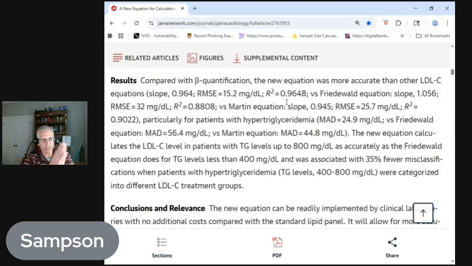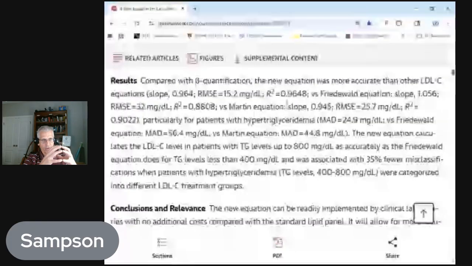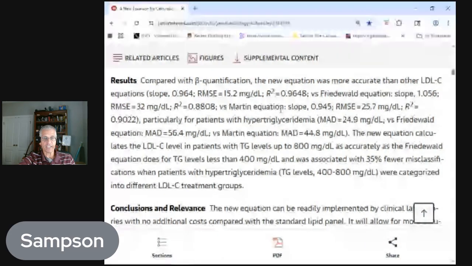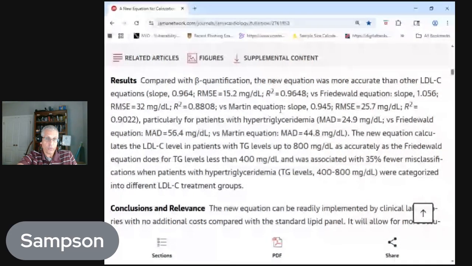There is a thing called spurious correlation, where two factors may have nothing to do with one another, but for whatever reason, the correlation is high. R squared is 0.96, which actually is a very high correlation. It's very, very high. Anything above 0.8 really is considered to be pretty high. So that is